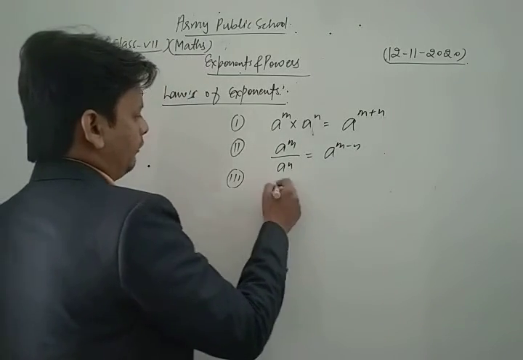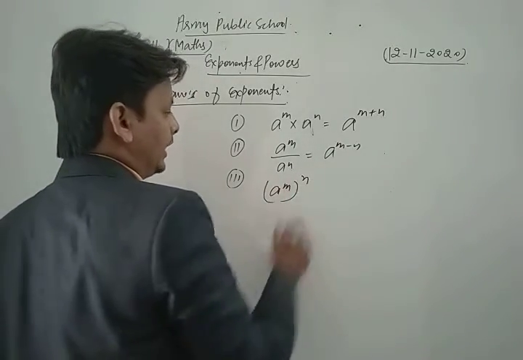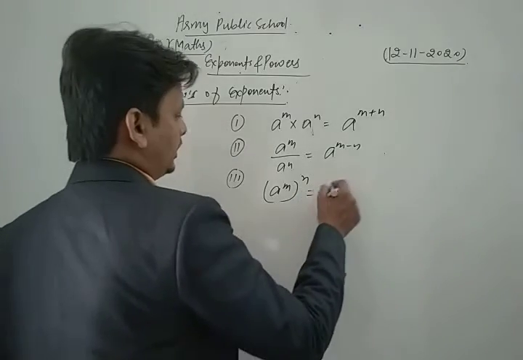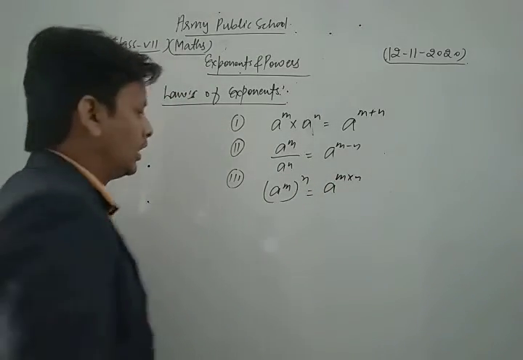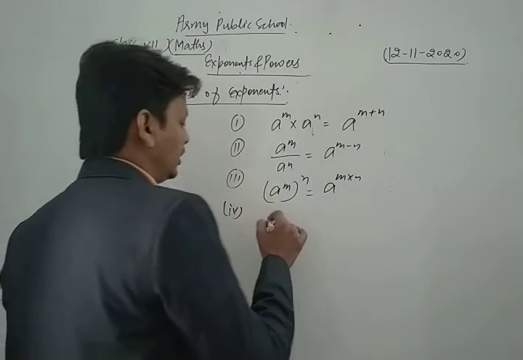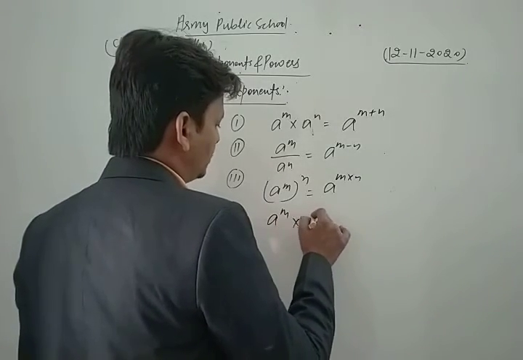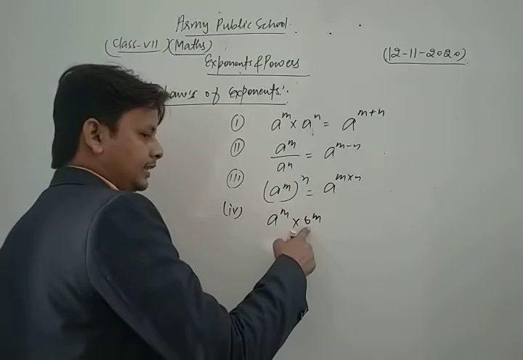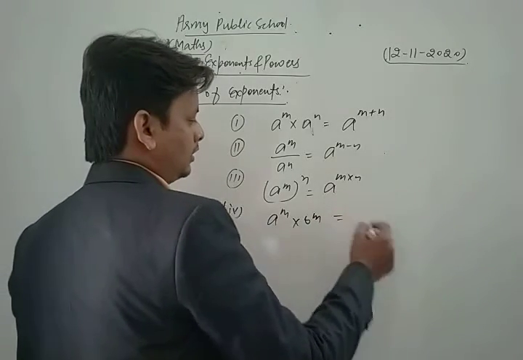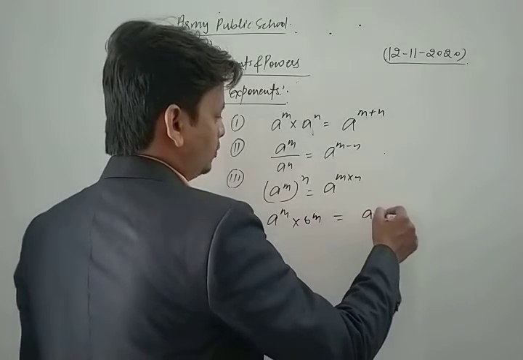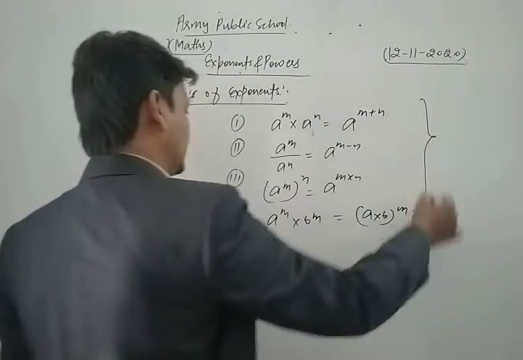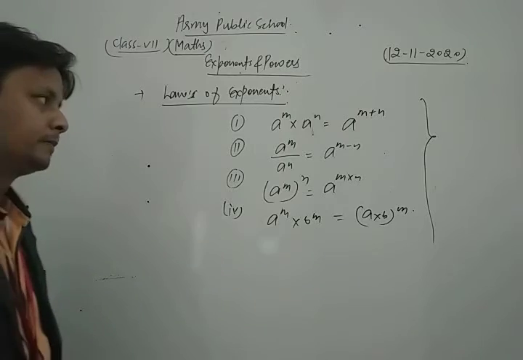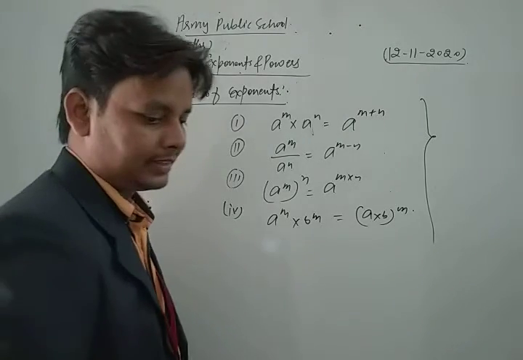Third one is what? If we have a to the power m, whole to the power n, then in that condition we write a to the power m into n. Now next one: if we have a to the power m into b to the power m, if bases are different but powers are same, then we can write a into b, whole to the power m. So dear students, these are some important basic laws of exponents, and in your NCERT exercise there are so many questions